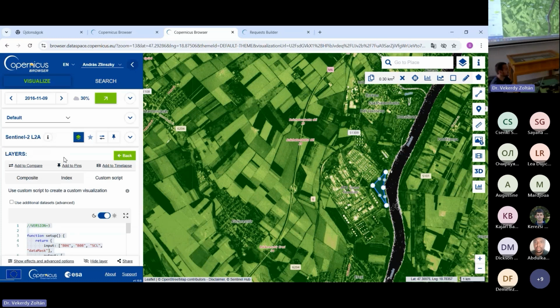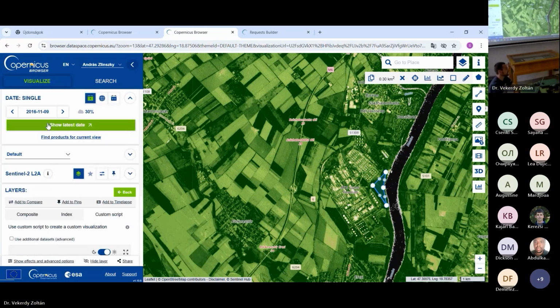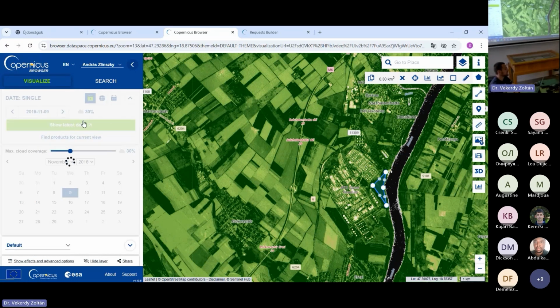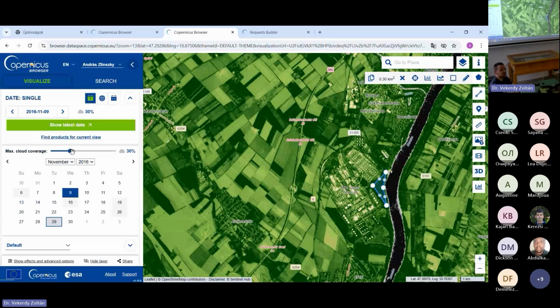I'm showing you the cloud slider in a moment. In the calendar panel, you have the cloud slider here. And if you want to generate a time lapse, there's also a filter for cloud cover